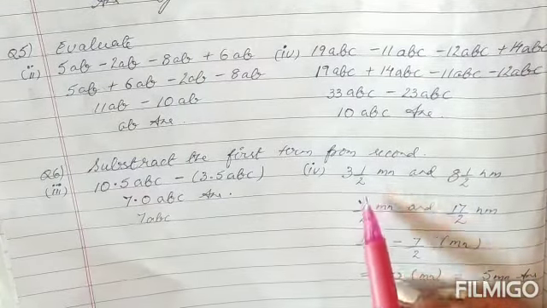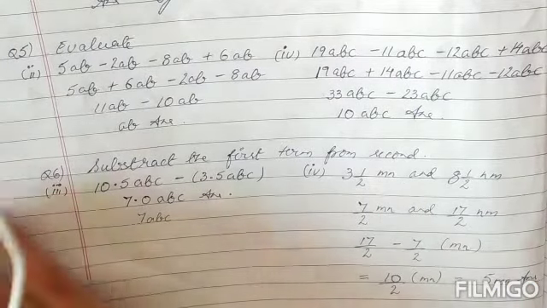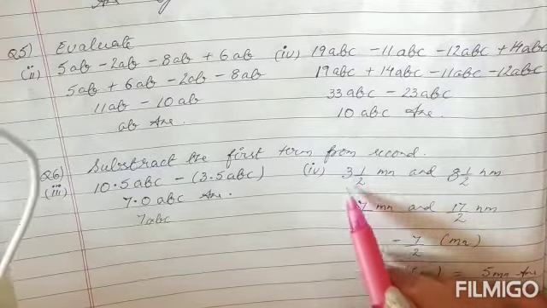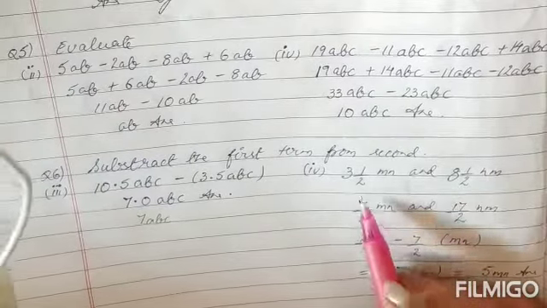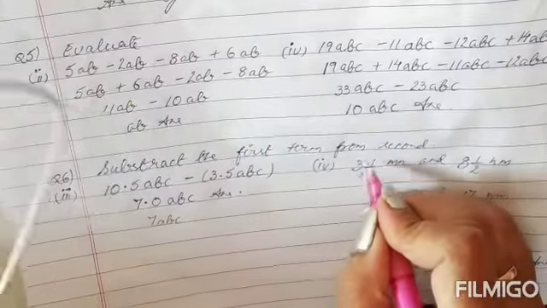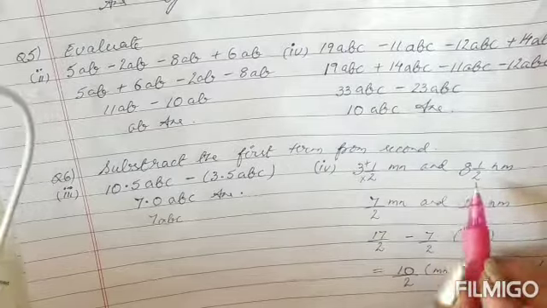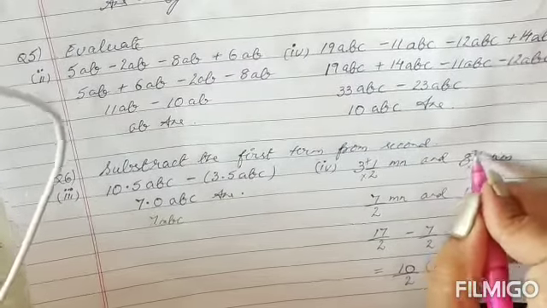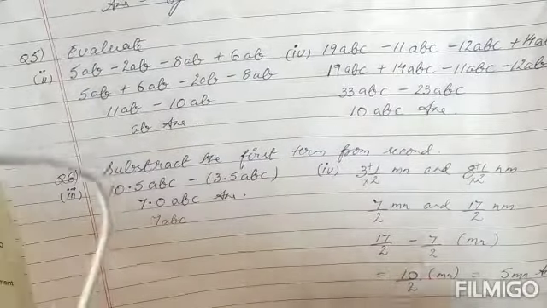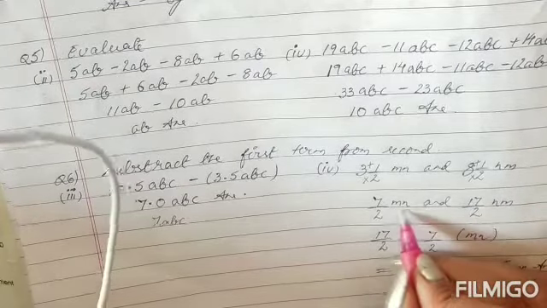I have taken the fourth one, children. 3 whole square 1 upon 2 mn and 8 whole square 1 upon 2 nm. nm it is taken, children. So what will I do, children? First we are going to change this mixed fraction into improper fraction. How? You are going to multiply here and you are going to add here. So 3 2s are 6 plus 1, 7. Over here 8 2s are 16 plus 1, 17. So 7 upon 2 and 17 upon 2. nm and mn. So I can rearrange this also and make it as mn only.